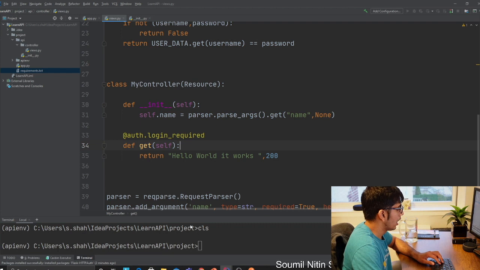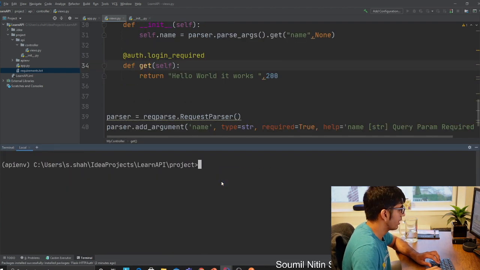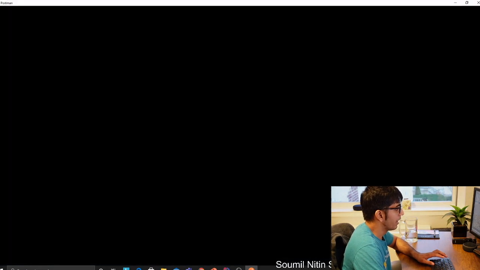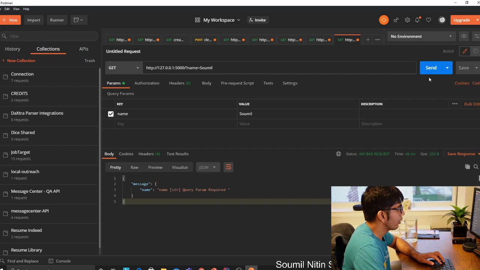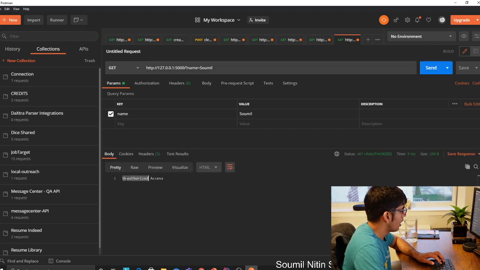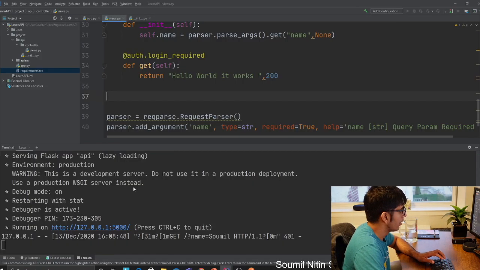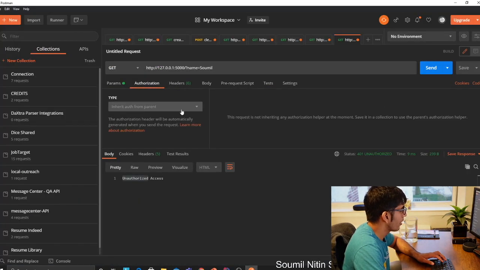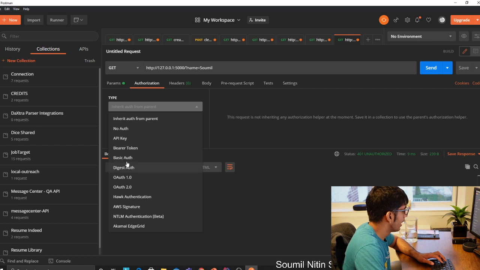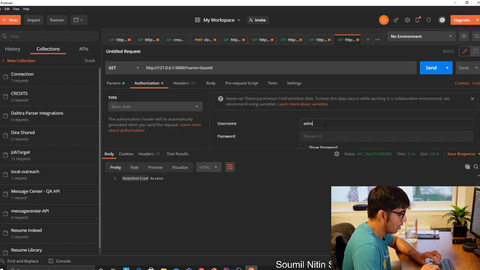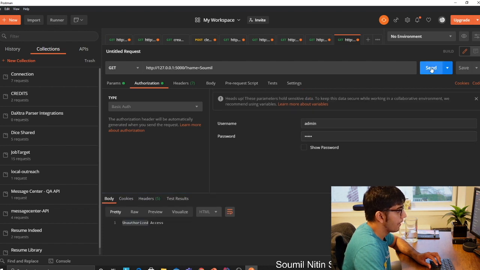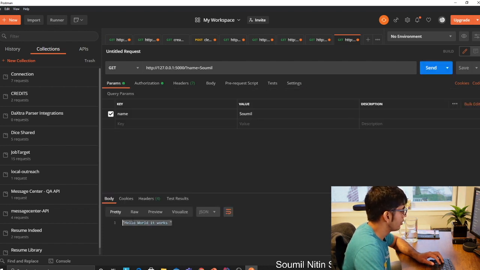That's it. Now your Flask API is very much protected, and I can prove that to you. Let's run the file, python app.py. Fire up Postman again. We are passing the query parameter. Let's send that. Unauthorized access 401. Amazing, automatically it added that. So how do we get access? You go to authorization, select basic authentication, and make sure we add admin. Send that request, and sure enough it works.